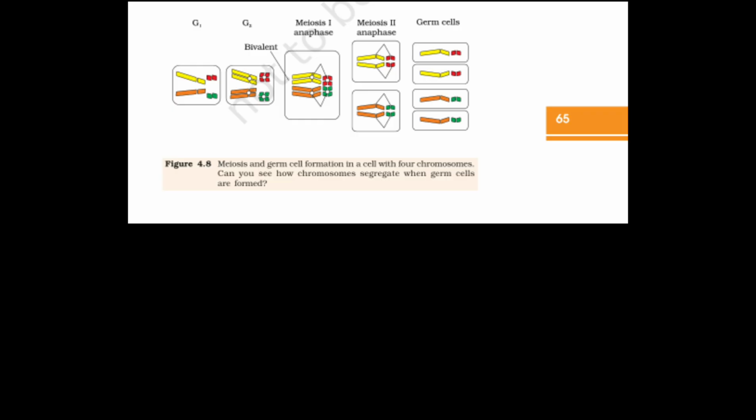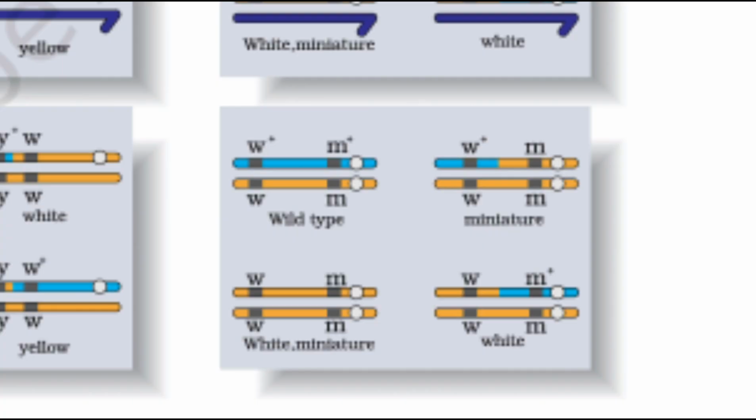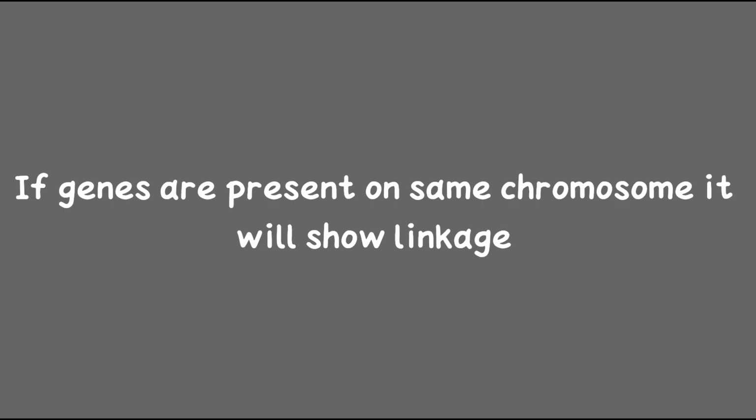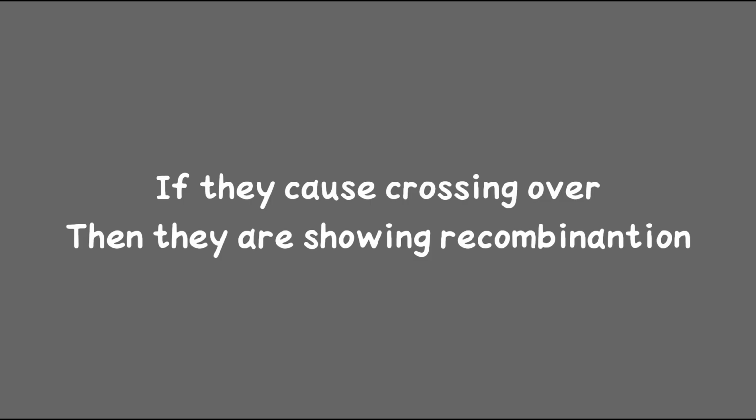सो सेग्रीगेशन मतलब क्रोमोसोम सेपरेट हो रहे हैं, इंडिपेंडेंट असॉर्टमेंट में क्रोमोसोम अरेंजमेंट रैंडम है, लिंकेजेस में क्या हो रहा है, जीन जो है वो एक क्रोमोसोम पे प्रेजेंट है, साथ में रहते हैं, और रिकॉम्बिनेशन में क्रॉसिंग ओवर से नए रिकॉम्बिनेशंस बनते हैं। सो जीन्स कहाँ पे प्रेजेंट होते हैं, क्रोमोसोम पे, और क्रोमोसोम कब सेपरेट होते हैं, मियोसिस के टाइम पे, और यही हमें मेंडल्स का लॉ एक्सप्लेन करता है। बट जीन्स अगर सेम क्रोमोसोम पे हैं तो ये लिंकेजेस दिखाएंगे, और अगर क्रॉसिंग ओवर कॉज़ कर रहे हैं तो रिकॉम्बिनेशन दिखाएंगे।